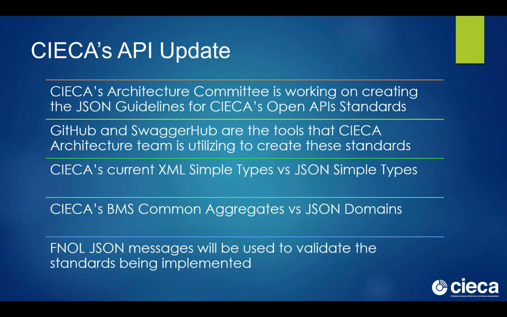One of the first things we've done is take the simple types that we invented and have used for XML over the decades and make a JSON version of that. And it's not just copying or converting it to JSON, but also trying to get a feel for what the industry standard best practices are for using JSON. We're doing these at the same time, making sure we can convert all our messages and do it in a way that looks native, like folks who are familiar with JSON are expecting.